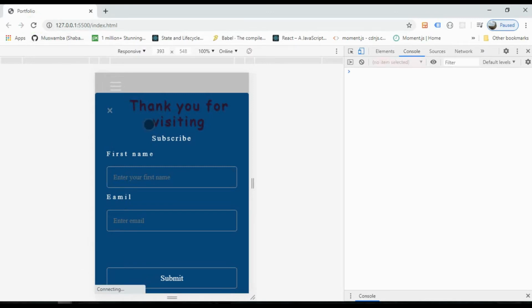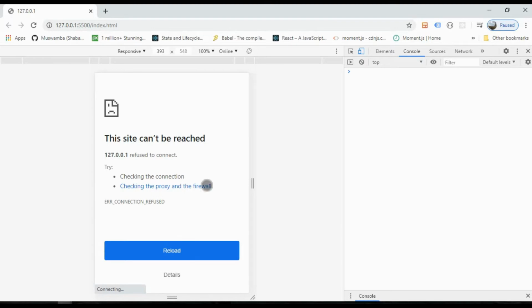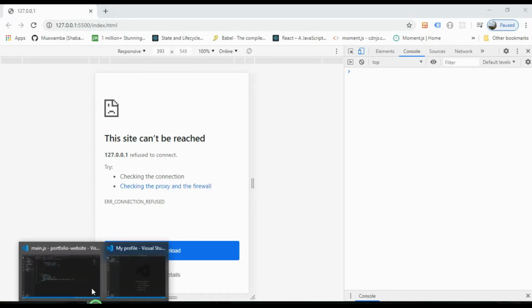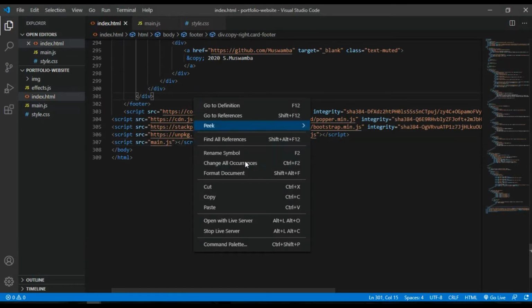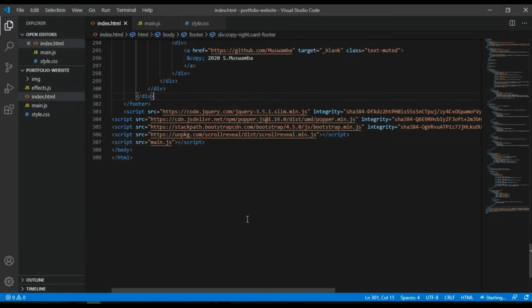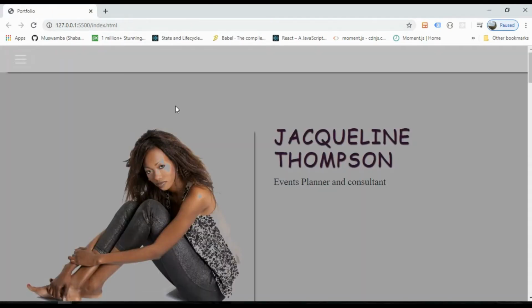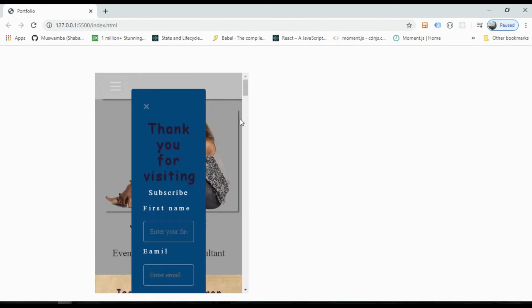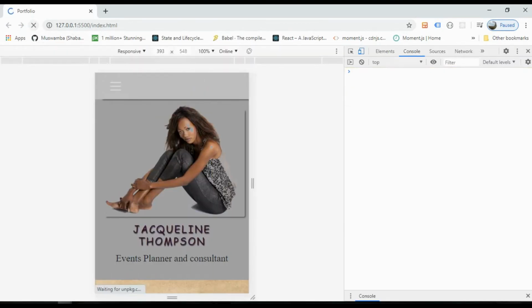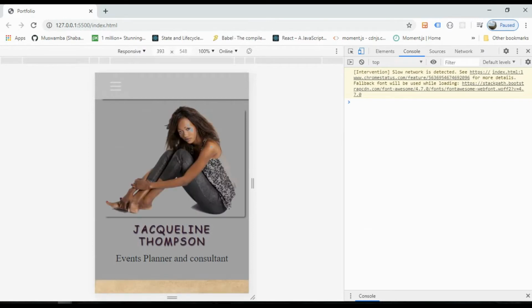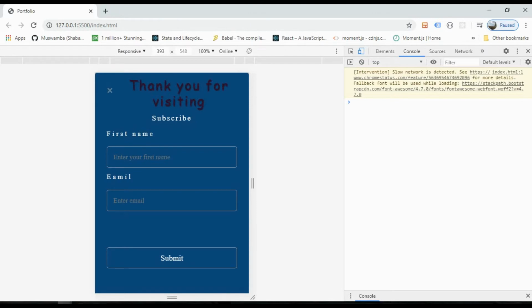If I save the change back in the browser and reload the page, let me just open this again with Live Server. Let me go to small screen. After 5 seconds, we target the modal. Yeah, we have a modal here, but you see that we also need a margin top.